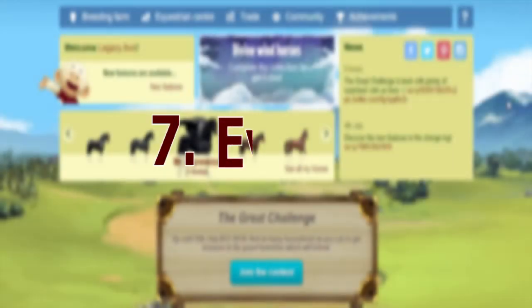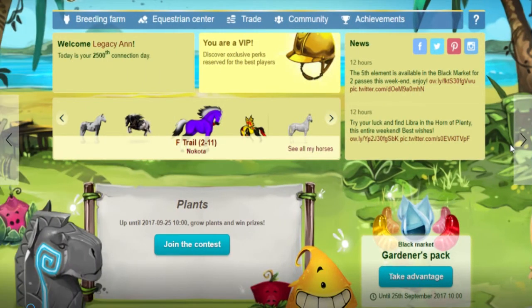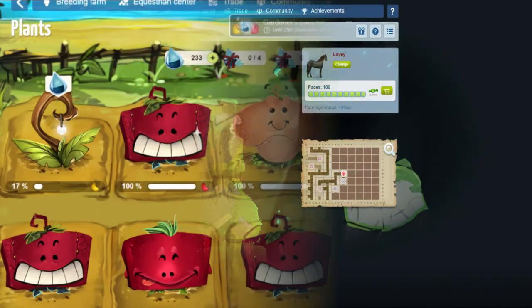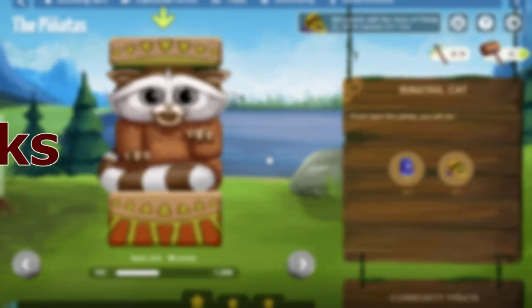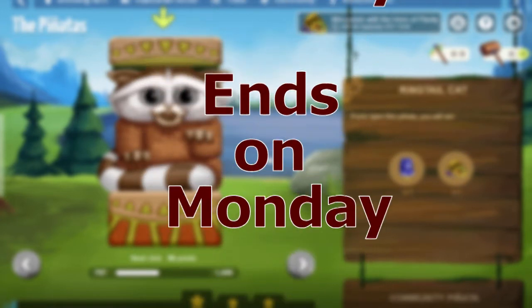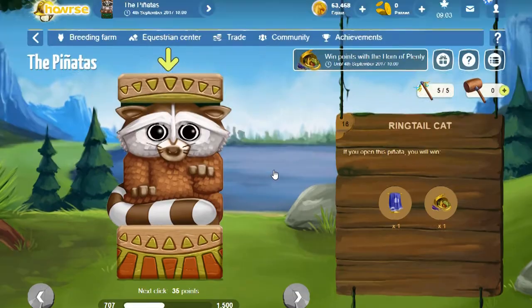Number 7. Events. This is the most common method. Nearly every day you log into Horse, there is some event going on in the game, whether that's the mazes, the plants, the wandering horses, the piñatas, etc. These run for about 2.5 weeks each, typically starting on a Thursday following the end of the previous event and ending on a Monday. The grand prize will be a divine, and in pretty much 99% of events, you will